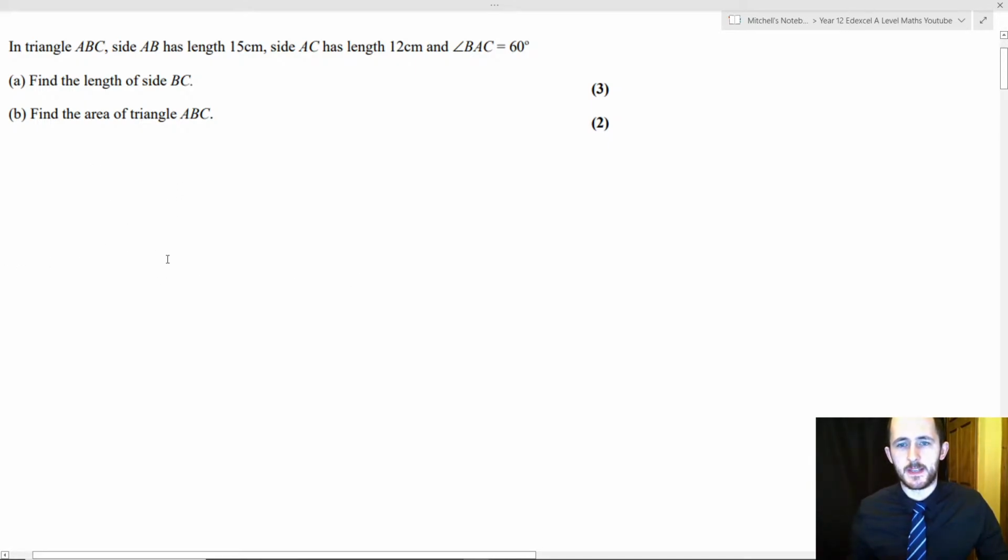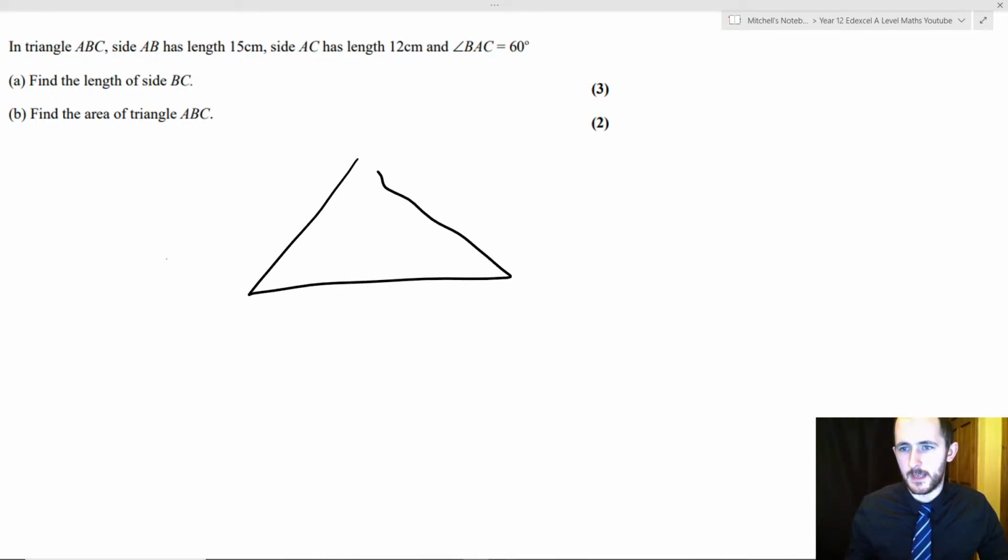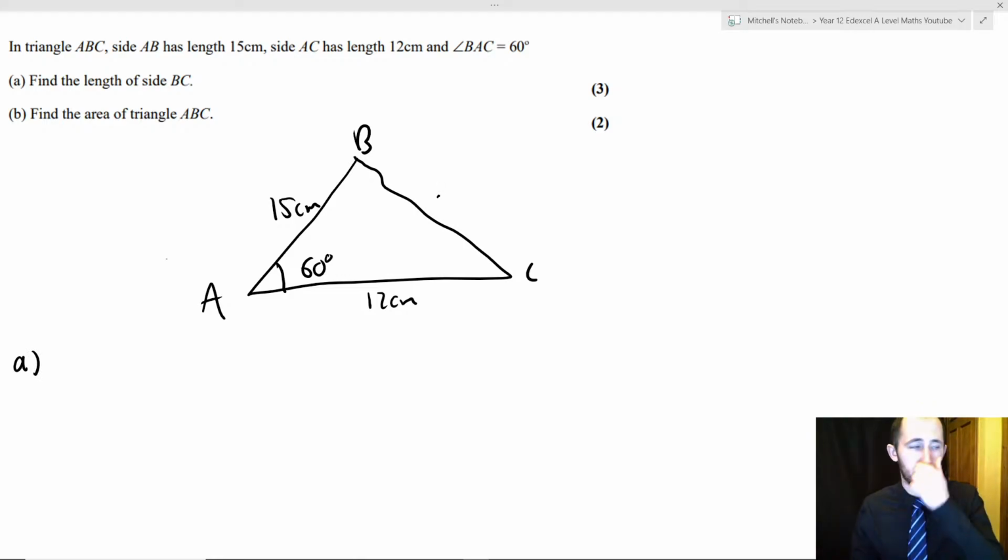So we have a triangle ABC. What I like to do in all of these questions is to draw out exactly what we're talking about. So we can just label them from left to right, A, B, C. Side AB is length 15 centimeters, AC is 12 centimeters, and BAC, the angle between them, is 60 degrees. And for part A, it just says, find the length BC. It's looking for this one here. So all you need to do here is, if we label this X for example, we can use the cosine rule because